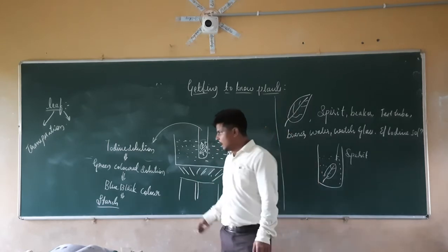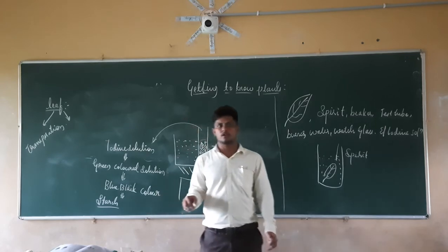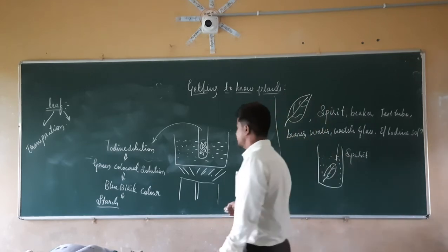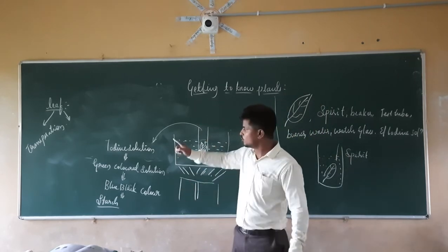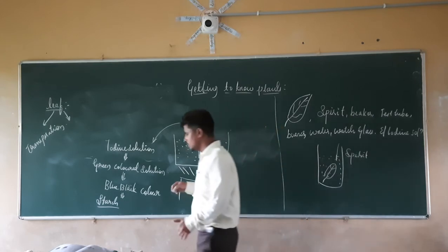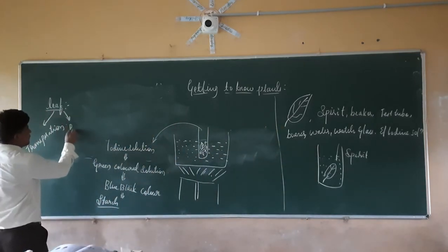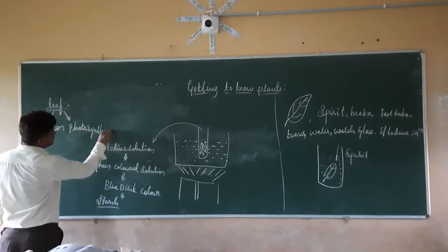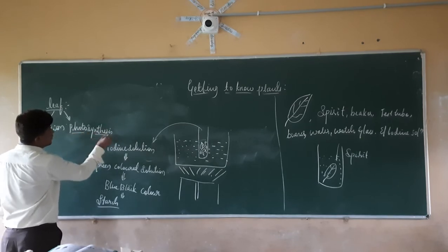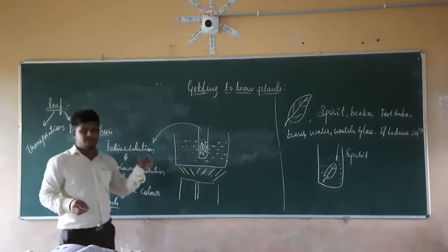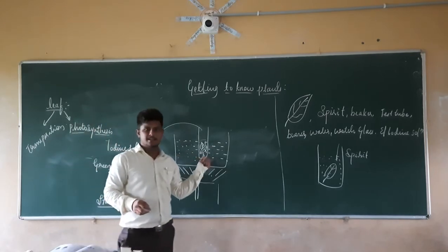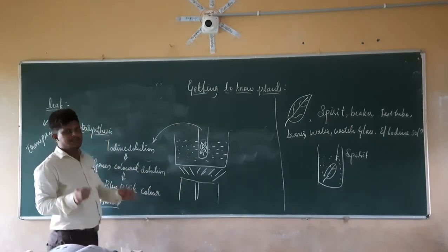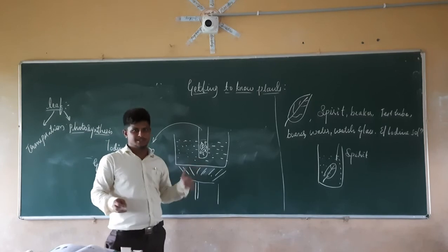And these plants are going to prepare their own food by the process of photosynthesis. That process of photosynthesis is going to occur in the leaf region of a plant. So the leaf performs another major function, that is the photosynthesis. How did you come to know that the leaf performs photosynthesis? By checking the presence of the starch in this leaf. So whatever green color is present there, it is majorly responsible for the photosynthesis.